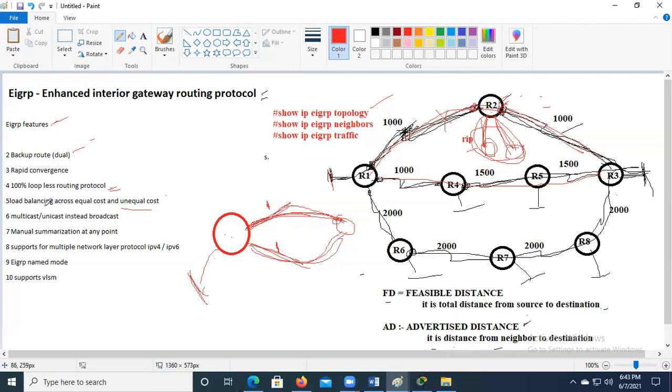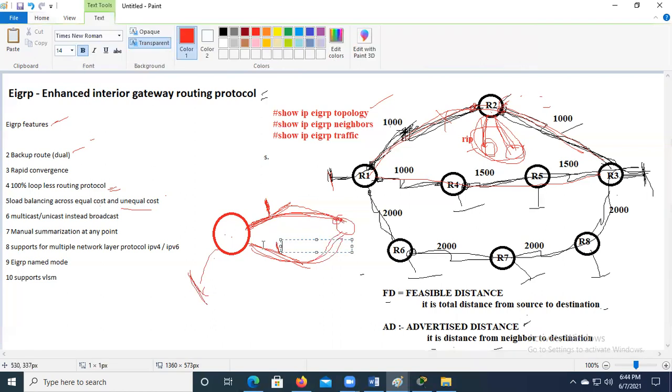Unequal cost load balancing is supported only by EIGRP. What do you mean by unequal cost? One path you connect with 1 GB. Another path is connected with 512 MB, half of that. Is 1 GB best or 512 MB best? Teacher, I'm asking a question.